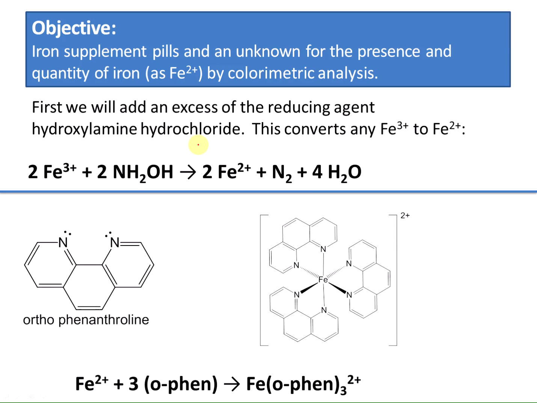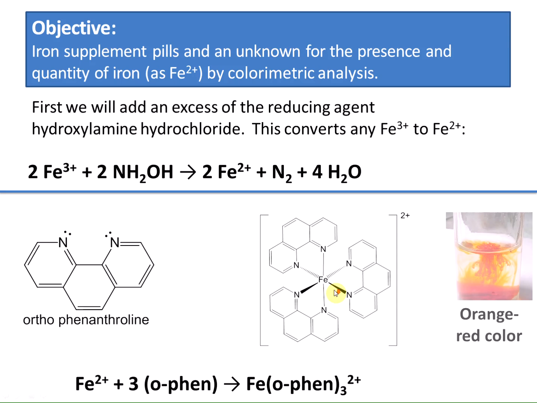Now the iron in there is going to be colorless, but we're going to add this orthophenanthroline to the iron. And what's really cool is that once the phenanthroline binds to the iron and makes this iron phenanthroline complex, this iron phenanthroline complex is intensely colored. It has a really pretty orange-red color to it. So we start off with this colorless compound, and when the iron adds to it, it makes a compound that is